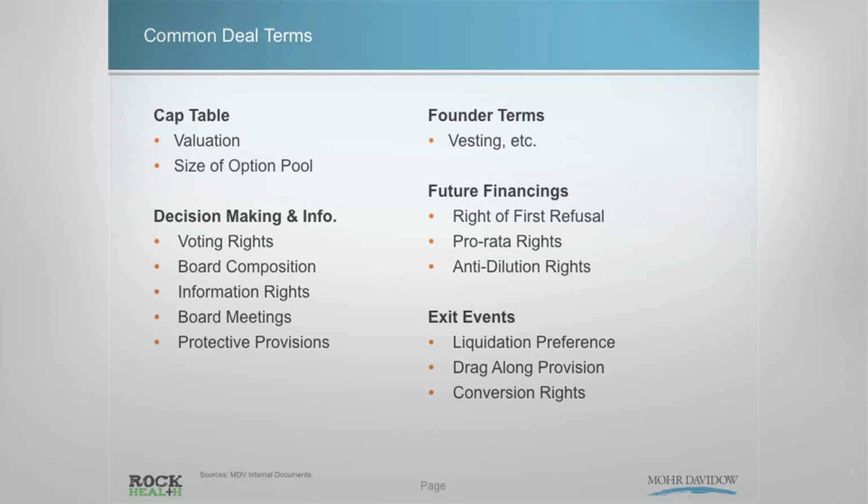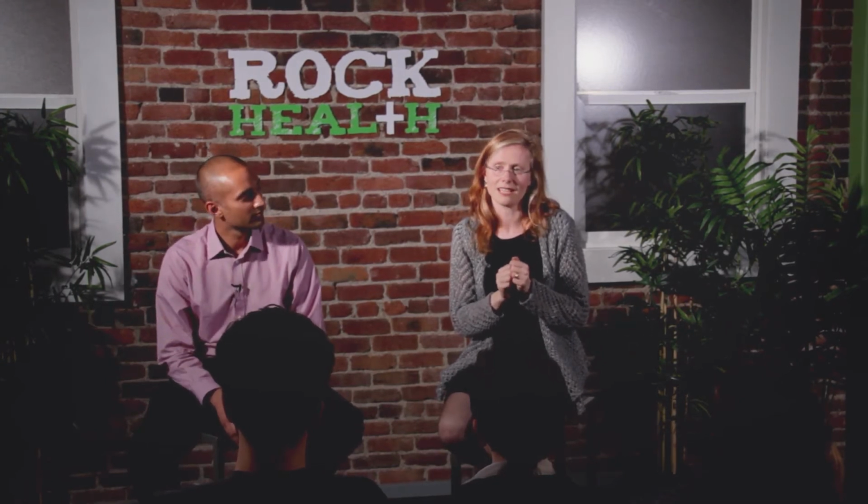Well, it kind of depends on the composition of the board, and it kind of depends how many people on the board are representing preferred stock and how many are representing common stock and how many are independent. So there's going to be all these numbers in a term sheet about, oh, it's a 60% voting threshold, it's a 75% voting threshold, it's a 63% voting threshold. It all depends on the composition of the board and the composition of the stock. And VCs pay a lot of attention to what those numbers are, and therefore you should. You should go and understand why a voting threshold has been set at a particular place, because there's a reason.